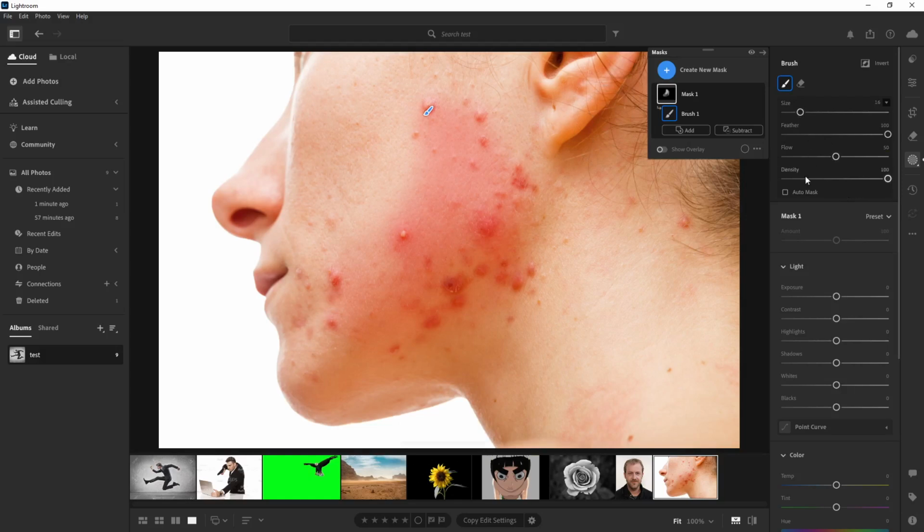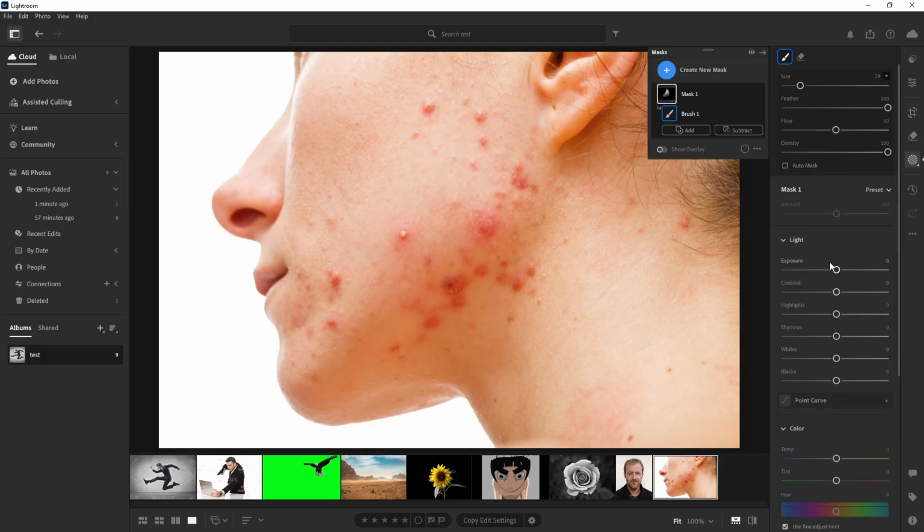The goal here is balance. You want the skin to appear smoother, but still natural. Avoid a plastic-like finish by maintaining some texture. Remember, subtlety is key. Once you're happy with the look, refine your mask using the Subtract tool or eraser to